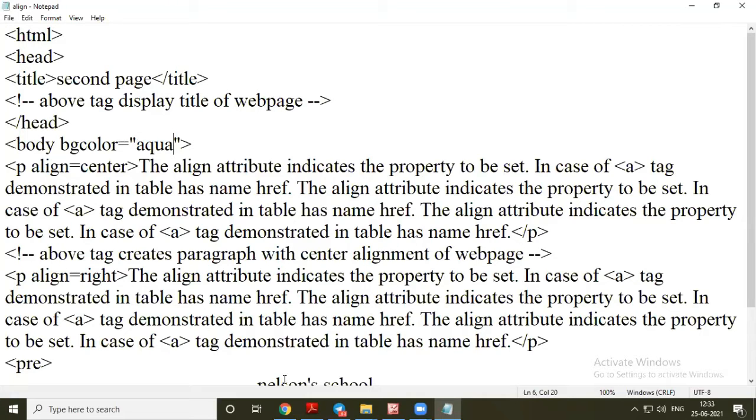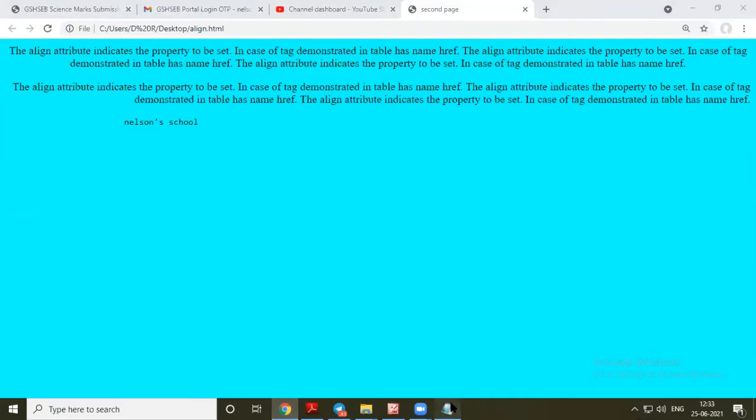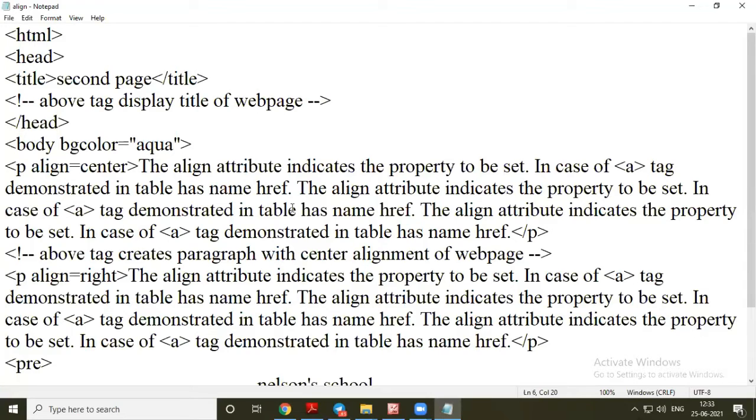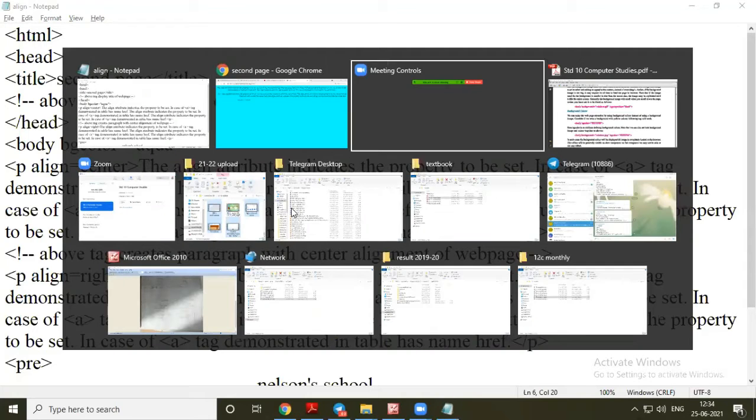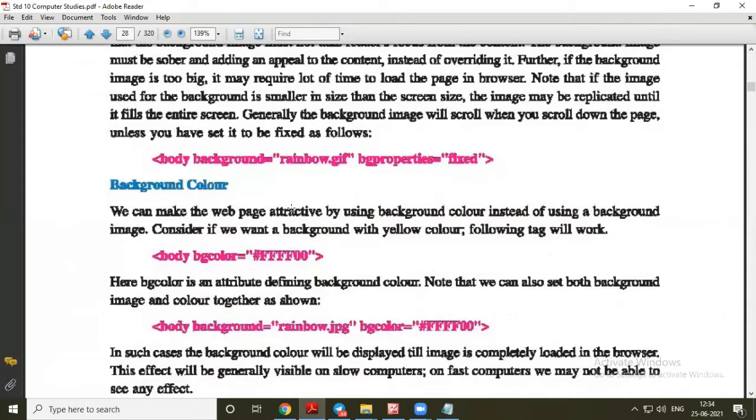So what if we want to use a customized color? That means according to your need, if you want to create cream color or some other shade of blue or red color, at that time there is a code. This is color code.